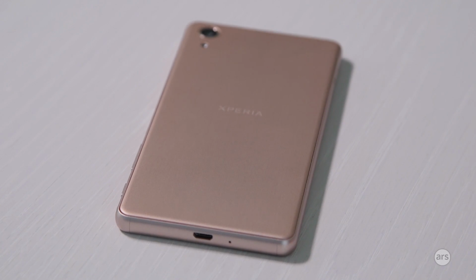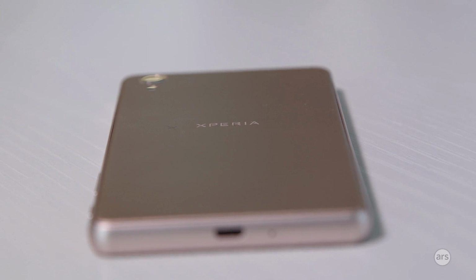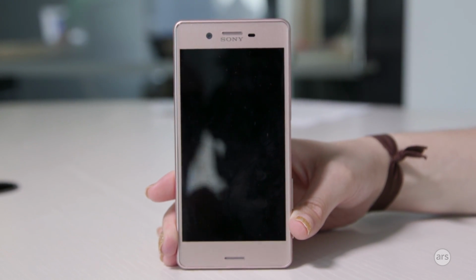If you're not on the market for a Xperia Z5, you could go to this and you're still going to get a pretty fast processor. The Xperia X Performance will be available on July 17th and it will come unlocked. So really this is for somebody who wants a very premium Android device